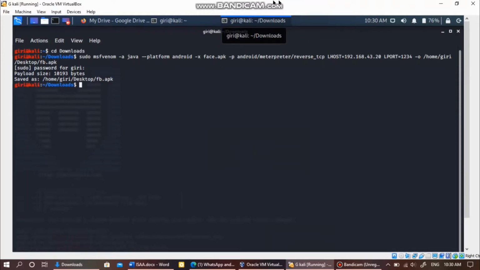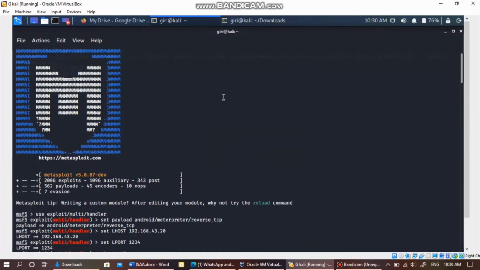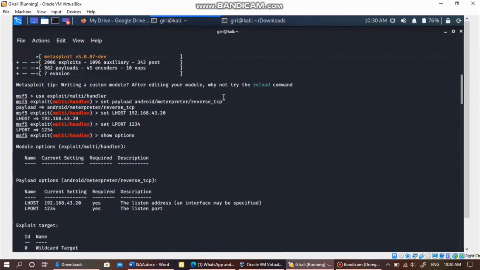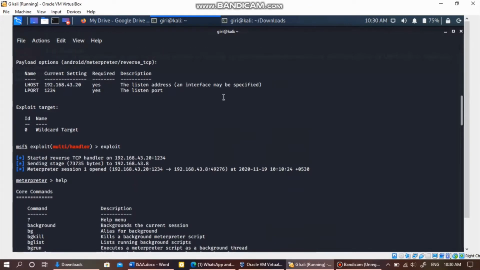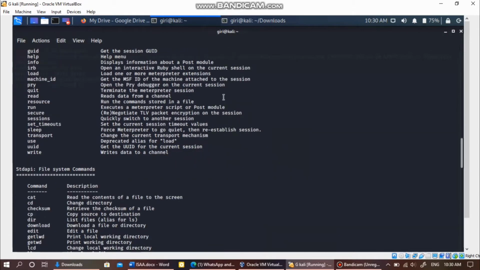Now we are going to hack an Android device with an application. The first step is to create an APK file by using the command as shown on the screen. After creating the APK file, we must copy the file onto the victim's device and install it. After installing it on the victim's device, we must open MSF console in order to create the payload and set